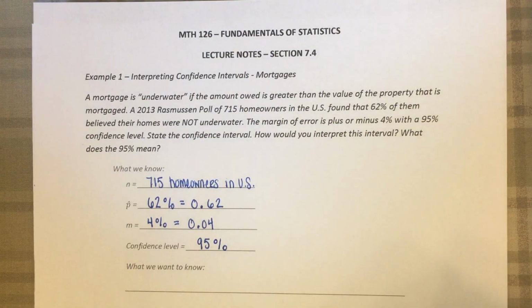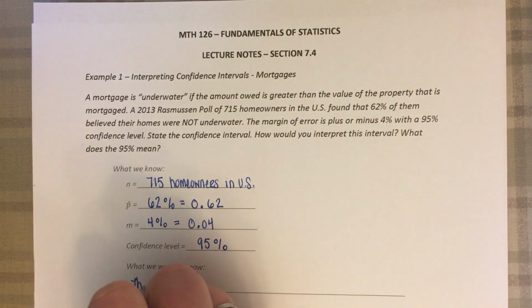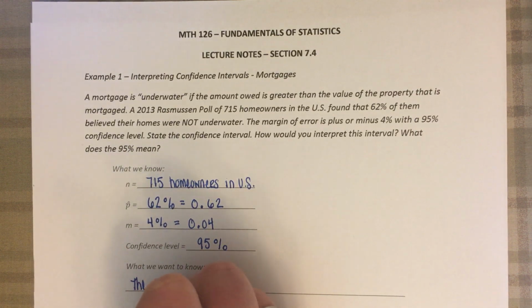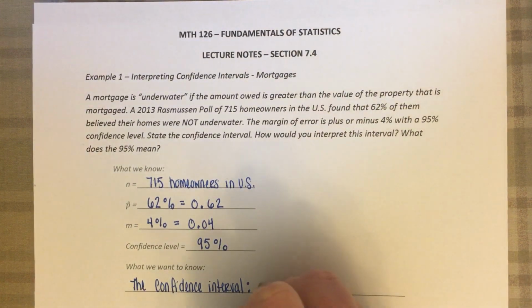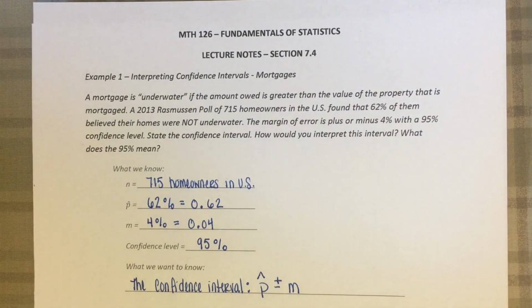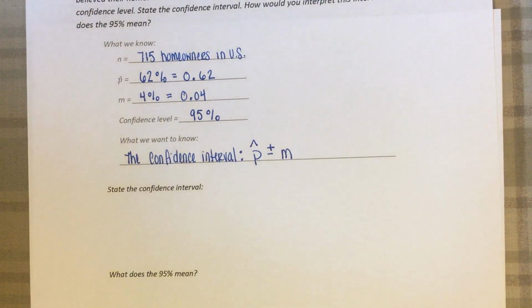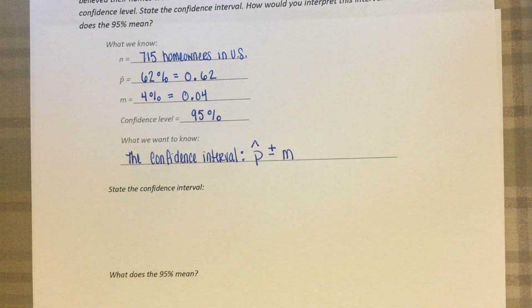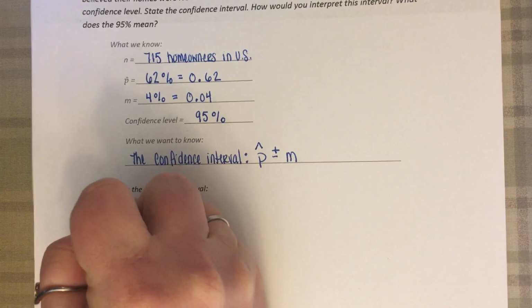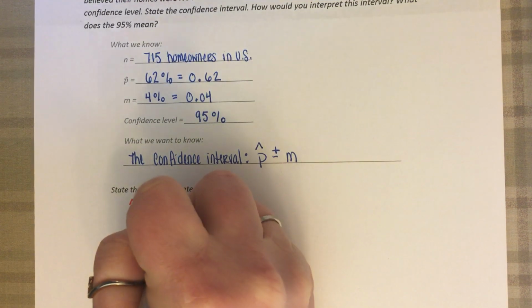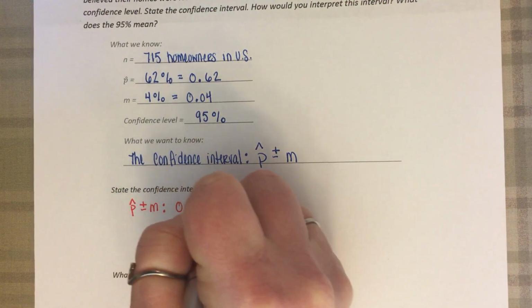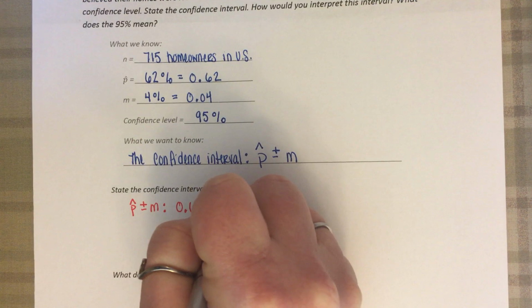Right. And what we want to know, what we are looking for, is the confidence interval. Our confidence interval is always set up p hat plus or minus. So we're going to start by stating our confidence interval. We're going to take our p hat plus or minus m. Right, p hat is 62%, so 0.62, plus or minus our margin of error, which is